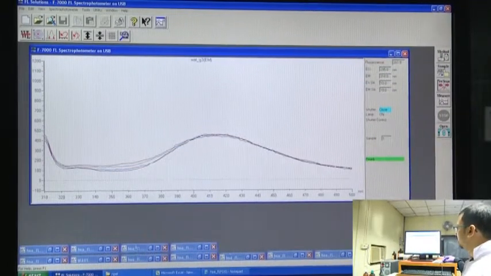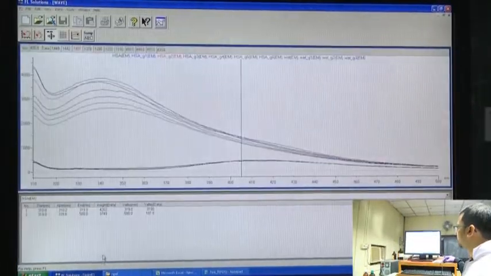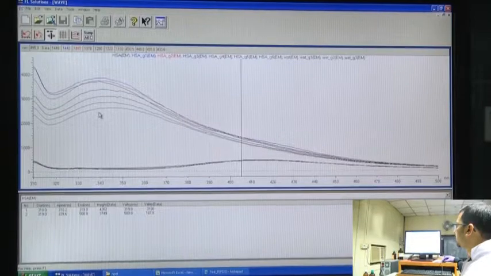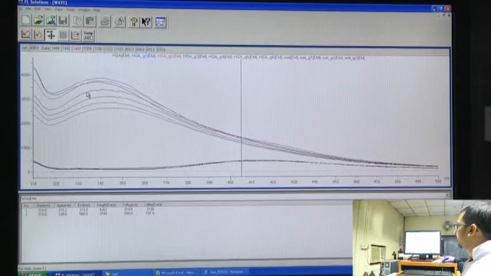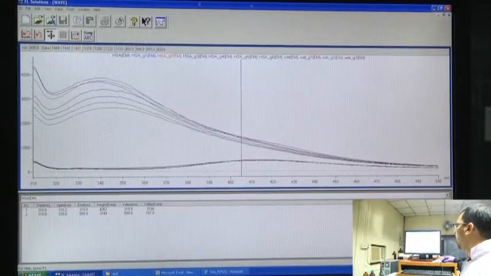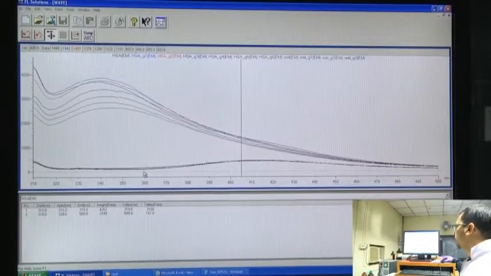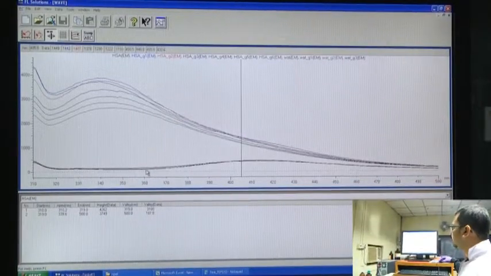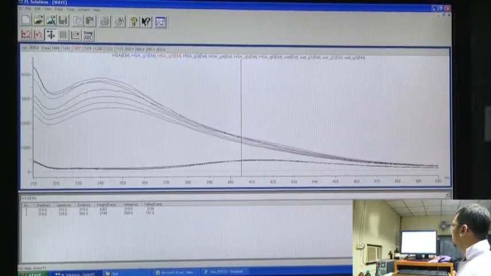Now, let us check till here what is the status of our experiment. So, from here we can see with change in the concentration of guanidine hydrochloride, there is a change in the spectra. Initially it has increased a bit, but again decreases. However, once we have added this guanidine hydrochloride onto water only, the change is not that prominent. Okay. So, now we have to add again this G4 and G5 and G6.